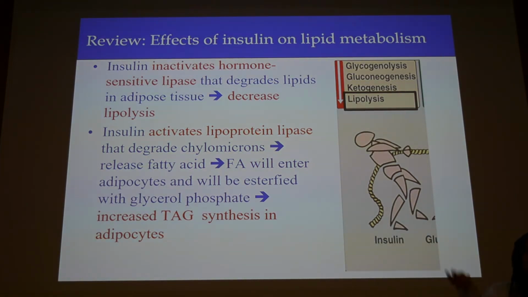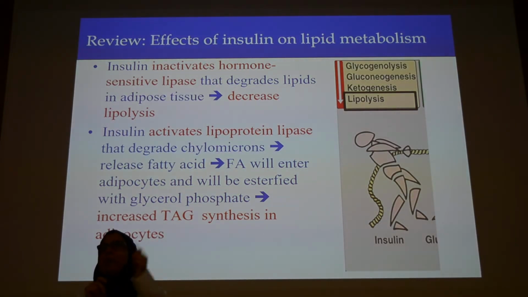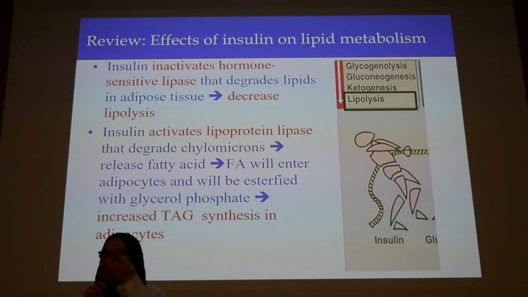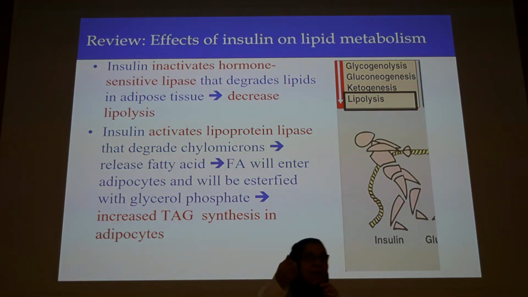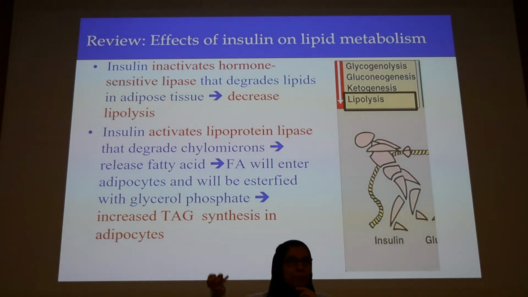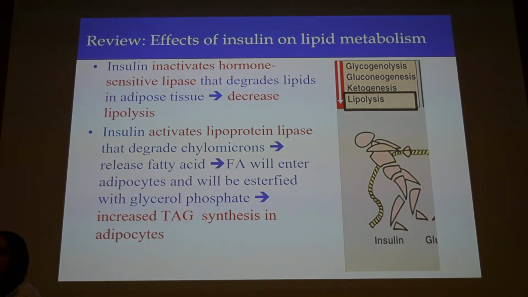Okay? And also to help the body make fat, insulin is going to activate the lipoprotein lipase. What does the lipoprotein lipase do? Break down lipoproteins. It will break down the triglyceride that is inside the lipoprotein. And by doing so, what do we produce? Fatty acids. Yes, so we are trying to take this fat out from the lipoproteins in order to put them where? In the adipose tissue. Okay? So insulin inhibits hormone-sensitive lipase and activates lipoprotein lipase.